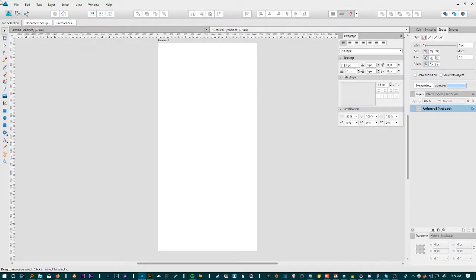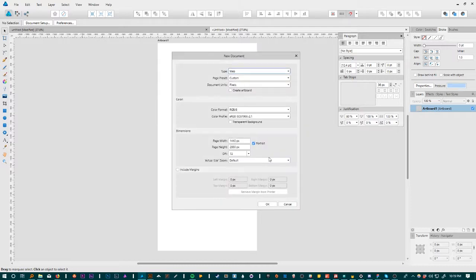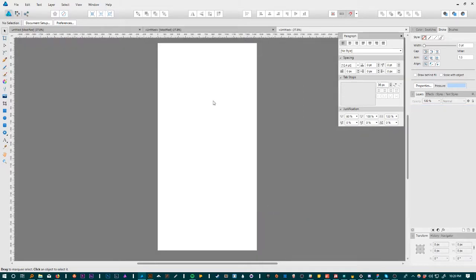So we're going to go into Illustrator. I'm not using Illustrator, I'm using an equivalent sort of clone software that I just prefer. Functionally, it's all the same though. So I'm going to make the page width 1440 and the page height 2880 just because that is the size of my phone. If you have an iPhone or something similar, a different type of phone, you can just look up your width and height or just use 1440 by 2880 or anything you want really. So we'll make a new document,